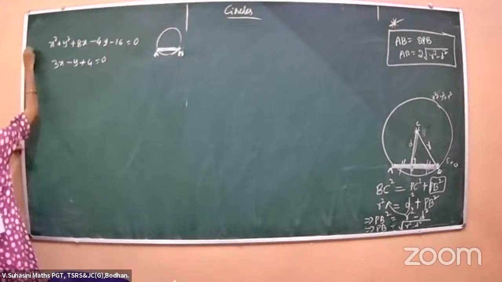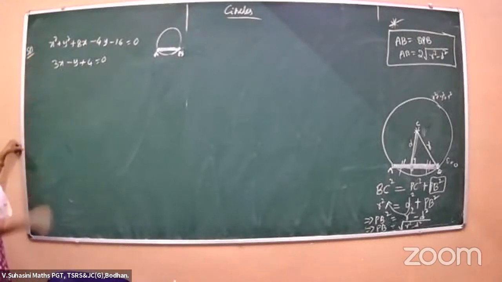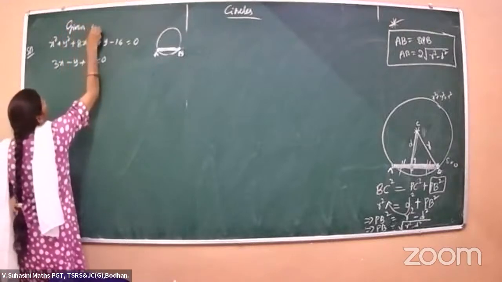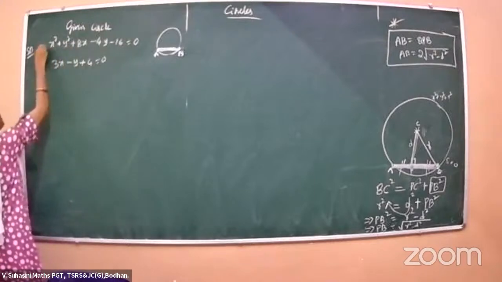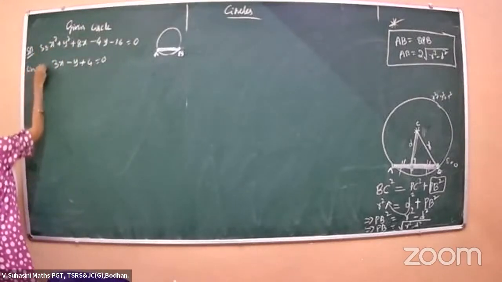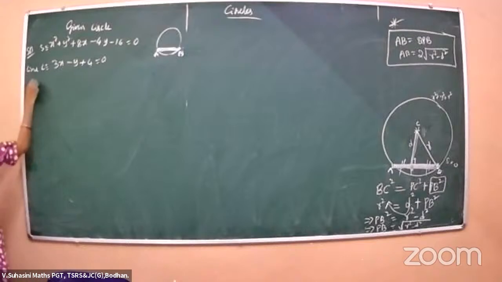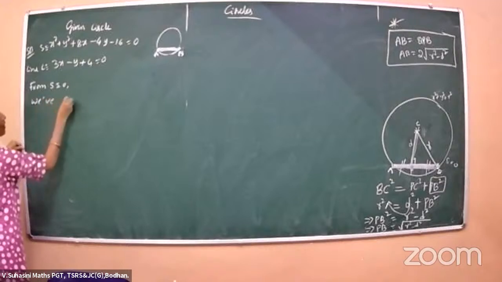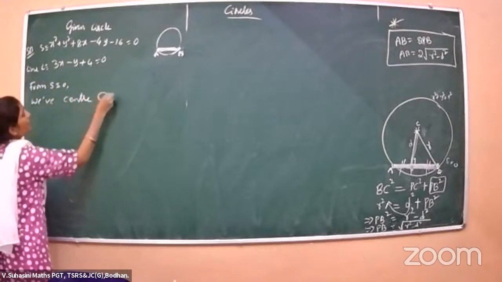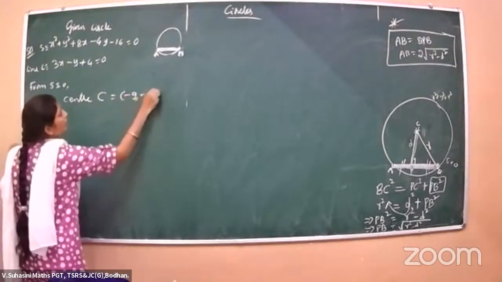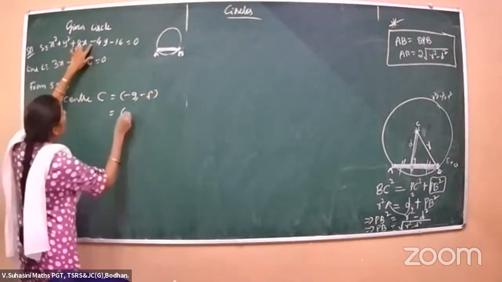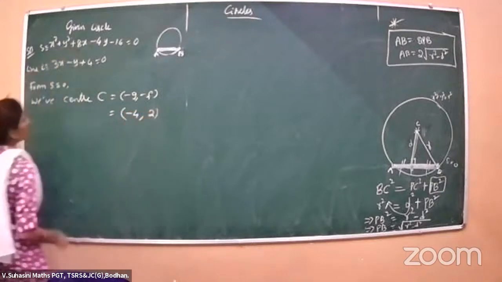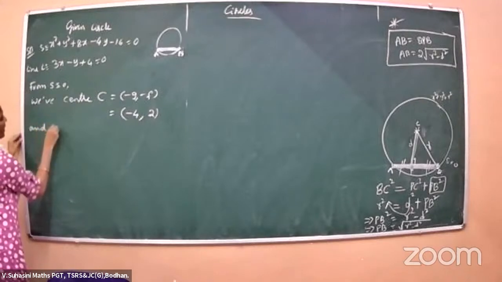Before that, I make it more problem. I'm only writing the solution, children. I didn't write the question as I read already. Given circle S is equal to 0 and line L is equal to 0. From S is equal to 0, that is from the circle, we have center. What is the center of the circle? C is equal to minus g, minus f, which is the center: minus 4 and this is 2. And radius